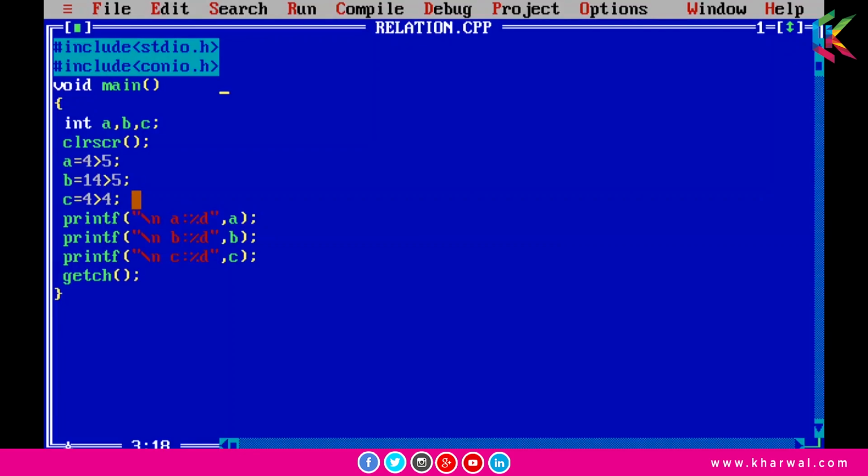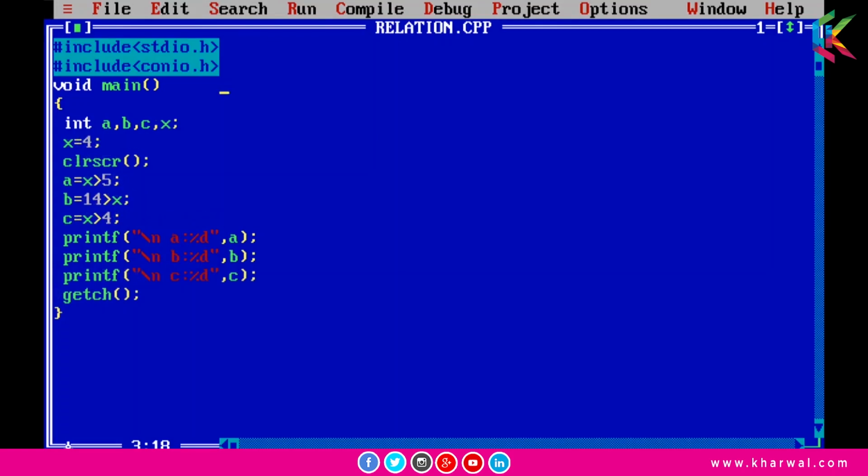I hope it is clear to you guys. Now moving forward, we can also use variables in these expressions. That's why we have declared x and initialized x by 4, and we are going to assign the values of these expressions to a, b and c.